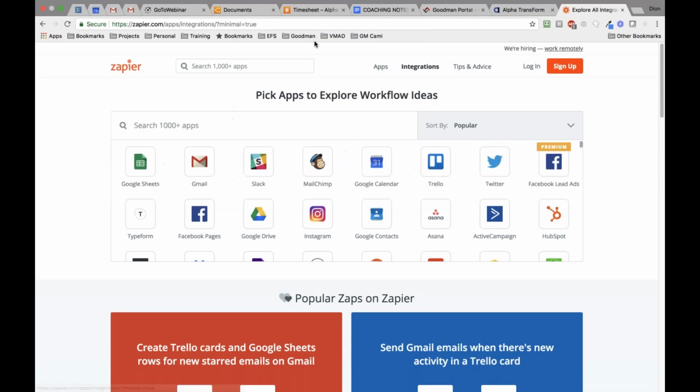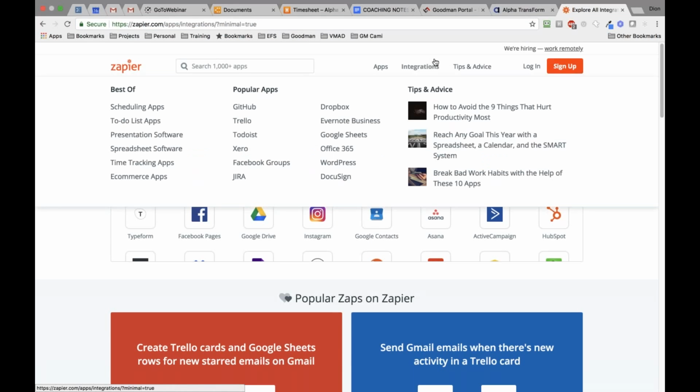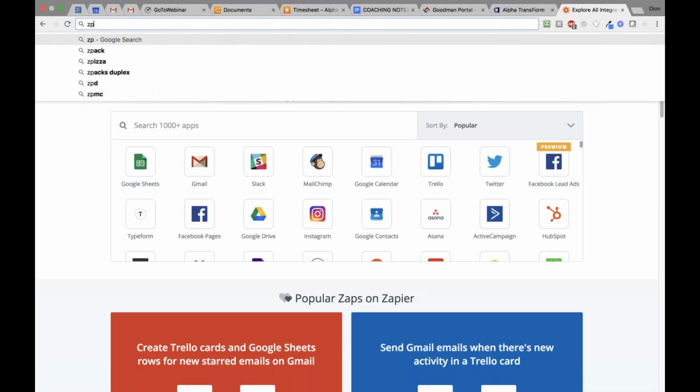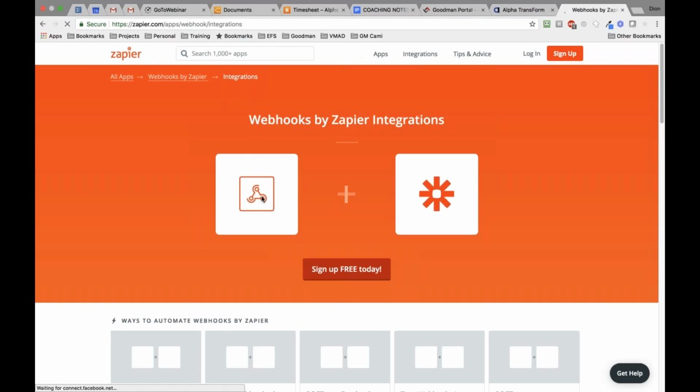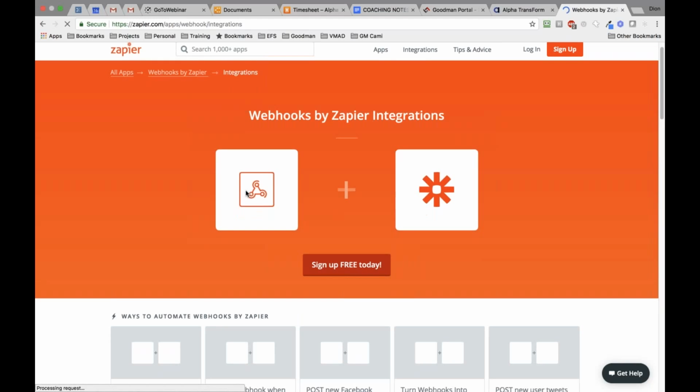But just to let you know, if you're interested, you don't have to wait for that. What you can do is Zapier has something called a webhook. The idea behind it is they have a pre-made hook, sort of like a generic listener.